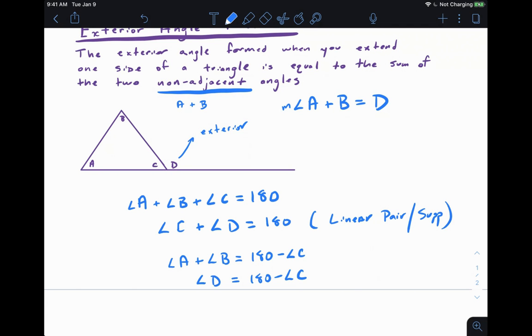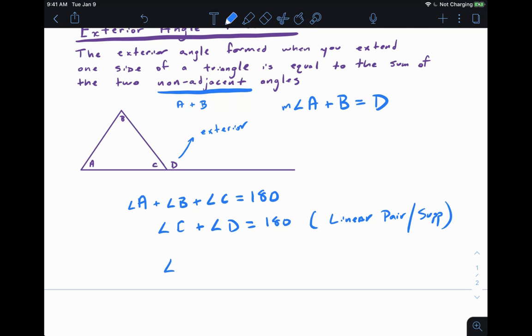So now if we notice, we have angle A plus angle B is equal to, don't even worry about what that says on the right-hand side. And notice the second equation has the exact same setup. So I could have just set these equal to one another. That's what I was trying to do as well. So you could set these equal to one another and then subtract out the C. Let's do that. I lost my process in the middle there, but we'll fix it on the spot. That would have worked as well.